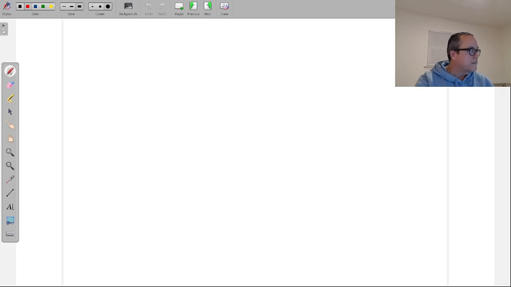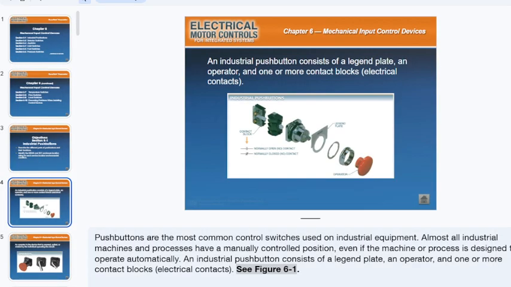All right, so let's head over to our first image that we have here on the industrial push button. And as it says, and this is what I was saying as we were getting started, push buttons are the most used of all of these input devices. Almost every industrial device and machine, as it says here, I would even say all of them. Honestly, I have not seen one that isn't. If we're talking about industrial machinery where people are around and stuff like that,